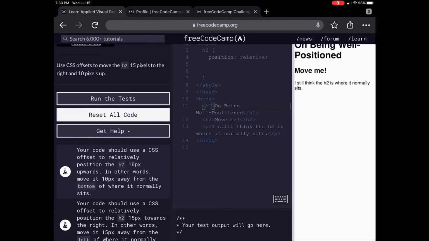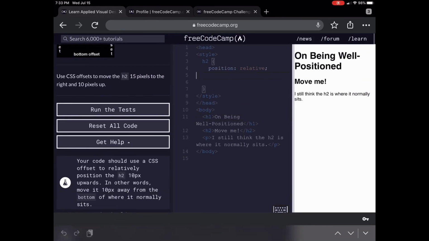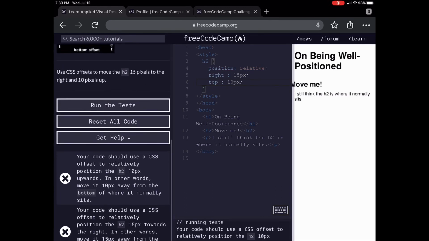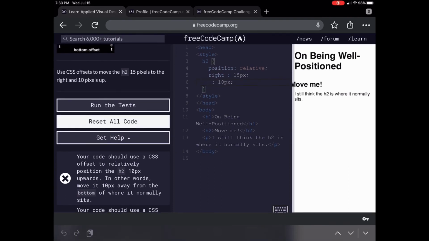So then I reset the code and started again. I see they already have the position set to relative. So I tabbed in, and this is where I mixed up the direction. This is when I realized what I did wrong,